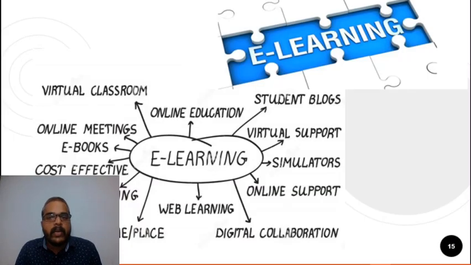So let us look into e-learning. What is e-learning? E-learning is the learning that is happening through electronic mode. We have online education, student blogs, virtual reality is possible right now. We have simulators, online support, digital collaboration using maybe the Jamboard or interactive whiteboards, web learning, online testing, e-books, online meetings, and virtual classrooms.